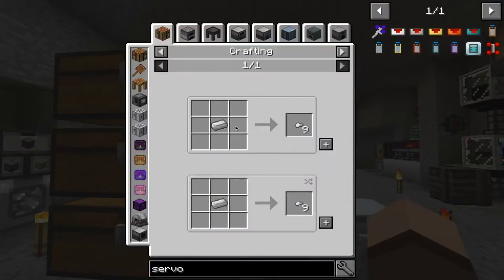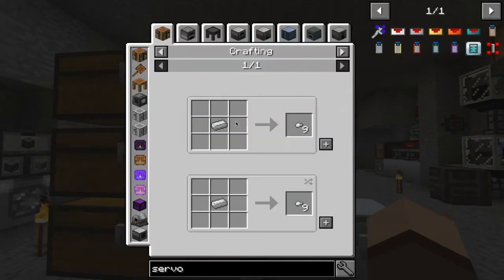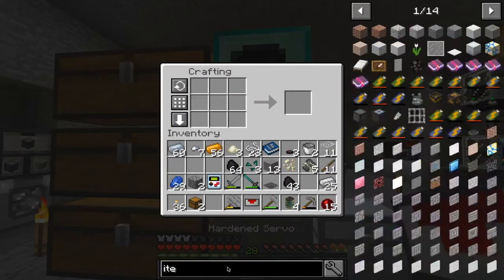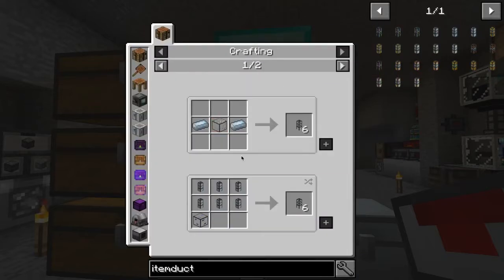And what's the recipe again? Is it iron nuggets? 4 it might be. In fact, it might be cheaper. Nah, that's okay. We'll go with this recipe for now. Like so. And we're also going to need some item ducts. I don't think I've made any of those this series yet. So for that, we're going to need...